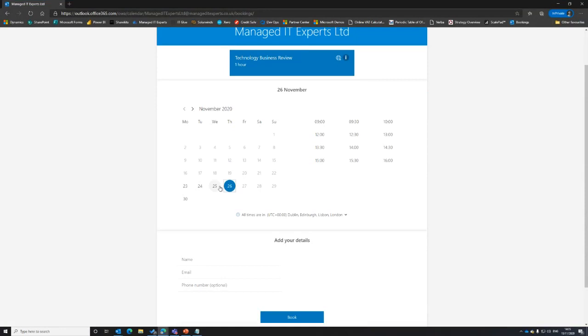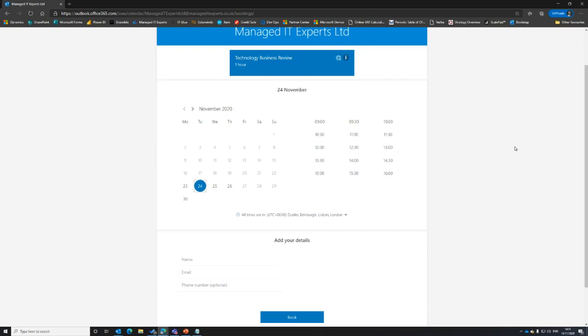You can see here that this is linked up to my calendar, so you can see that there are certain time slots not available on certain days when my diary is busy or when I already have things booked in. You can see most of my Fridays are booked off because that's the day I use for doing my paperwork and catching up. Not really paperwork, but admin. We'll call it admin.